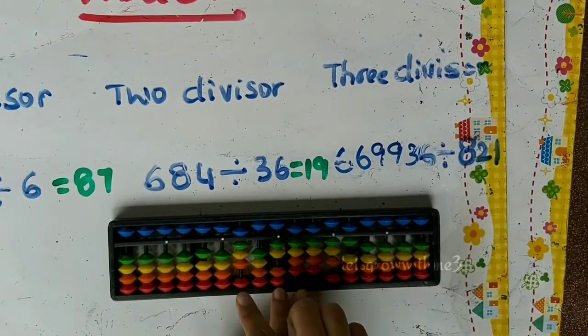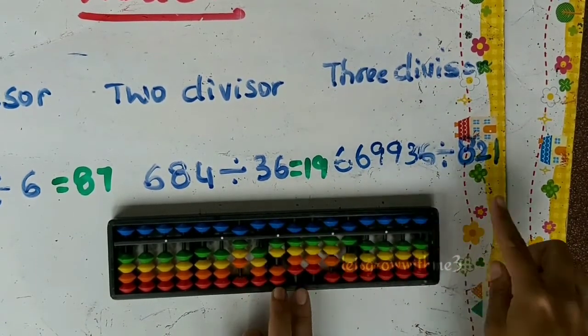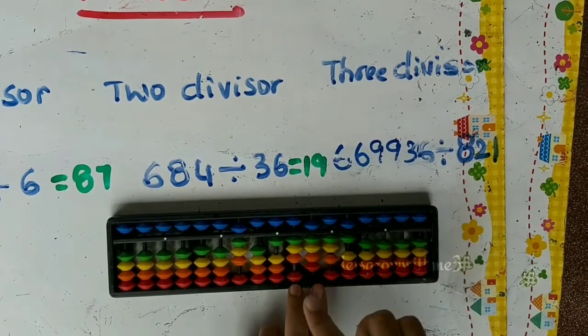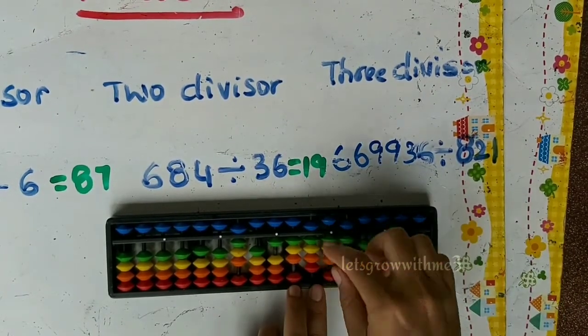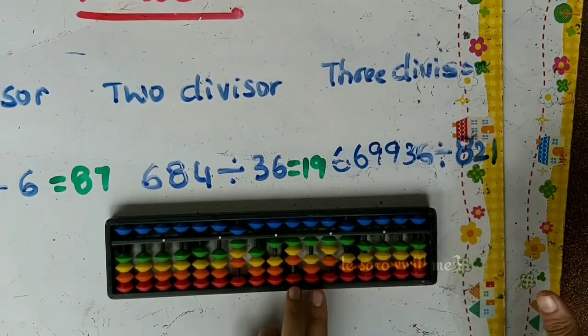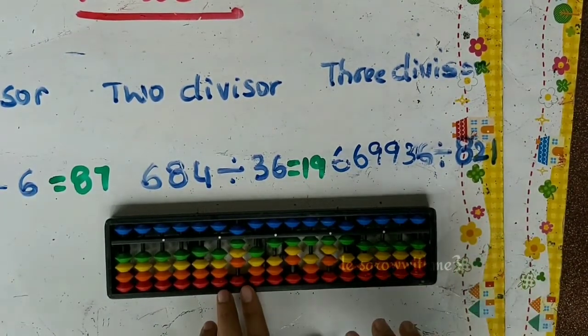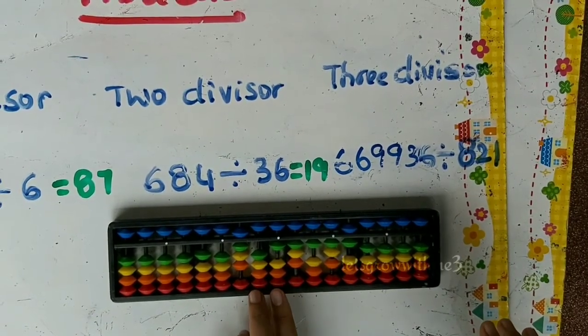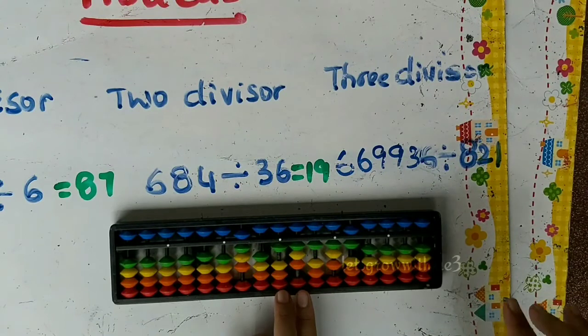Then we need to multiply 2 times 8, which is 16. Remove 16. Then we need to shift. Again we need to multiply 1 times 8 is 8. 0 8. We need to remove 0 8. Okay, that's it. We are done with our first divisor. Next we need to see what is the next divisor. So the dividend value is 1 3, 13.